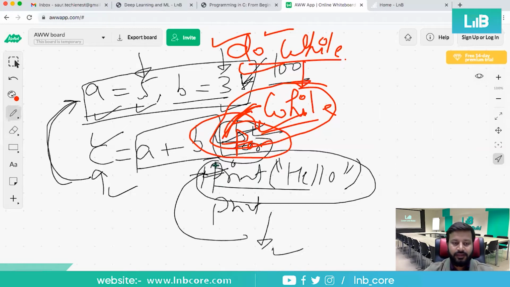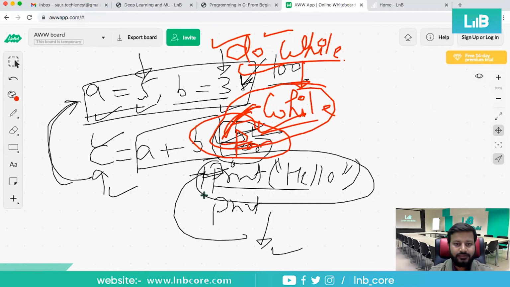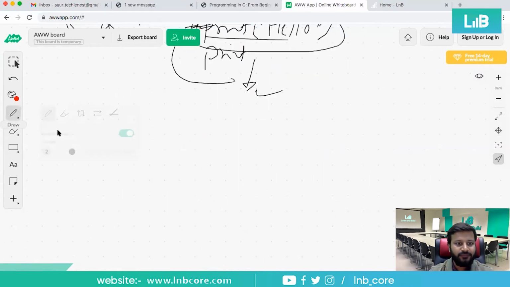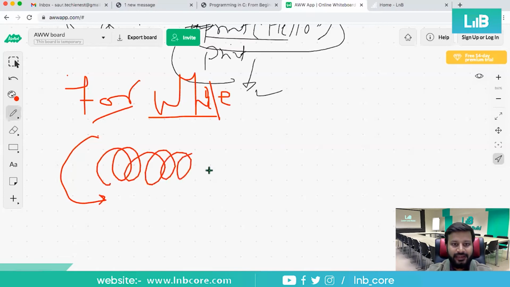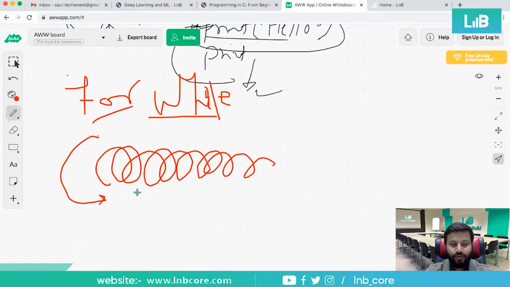So in a specific sense, if you want to figure out why to use for loop and why to use while loop in any particular program, now you have got an idea. Whenever any situation is there when you need the same repetition, the same output again and again, then you don't need to write those many lines again and again, right? You can simply write a particular loop.